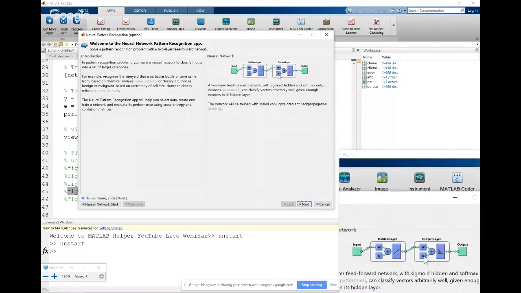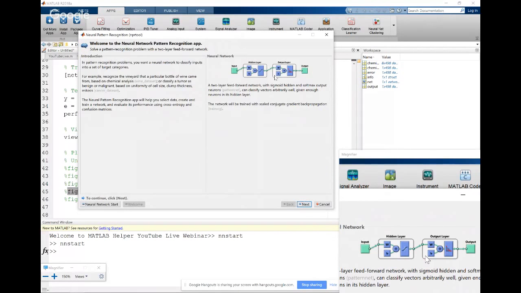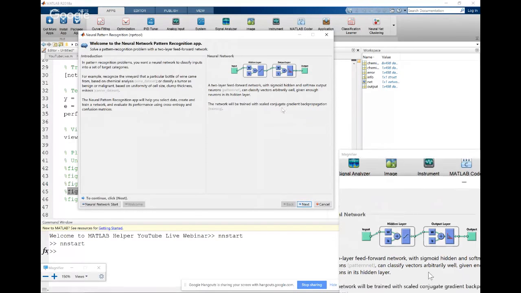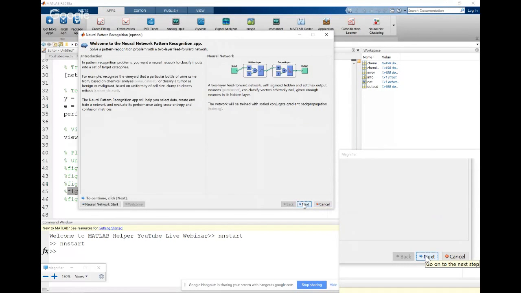Here again, you can see a two-layer feed-forward network with a sigmoid hidden and softmax output neuron. We'll be setting again the number of neurons in this part. I'll click on the next button over here.